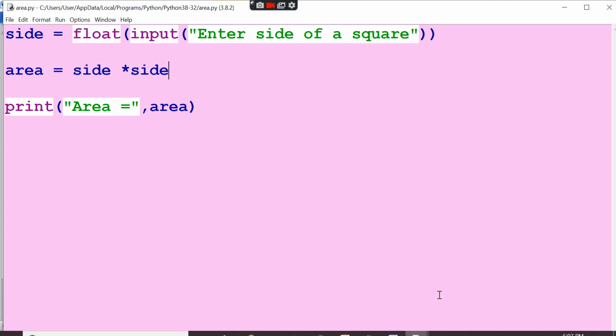If you want to pass anything else, for example shape, I'm going to make one parameter that is a string. Okay, string means